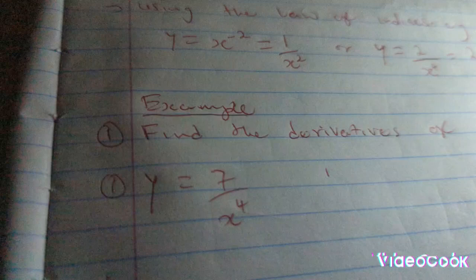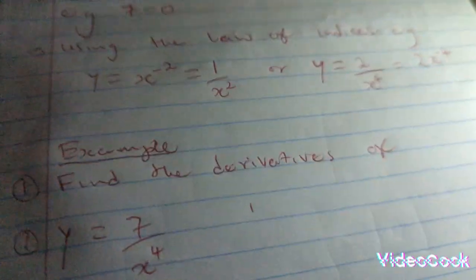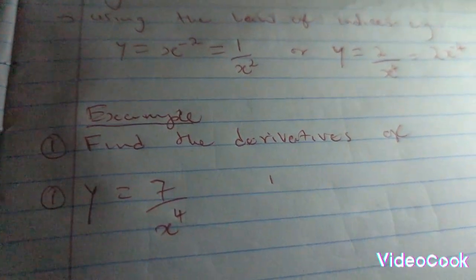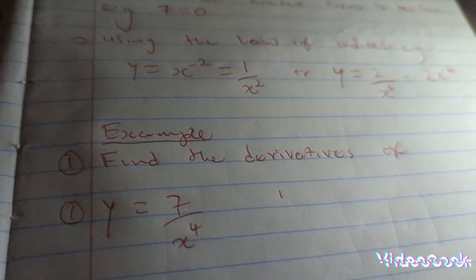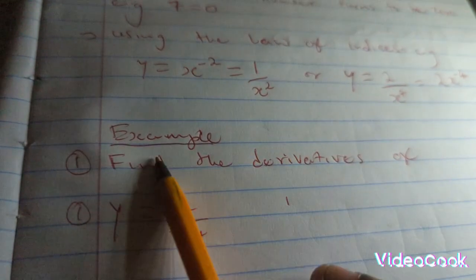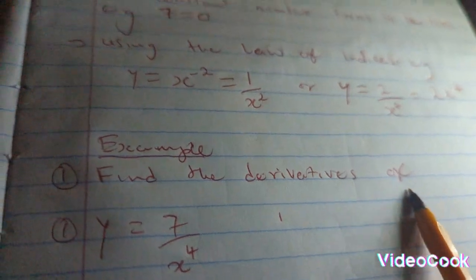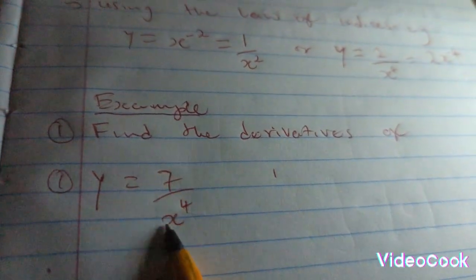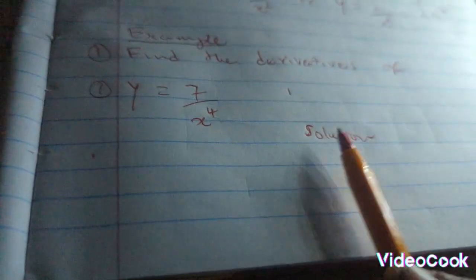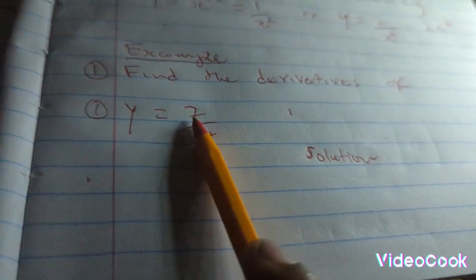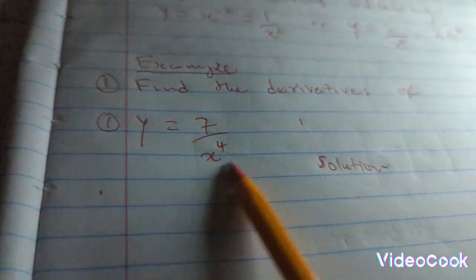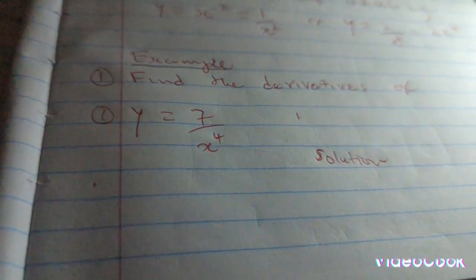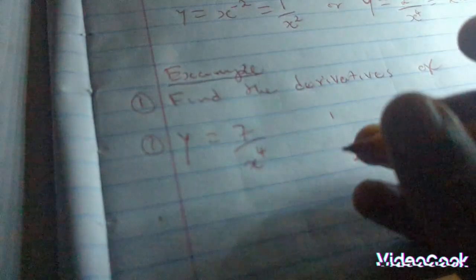We go to example. So example, it can be find the derivative, or they can tell you to find the dy dx or differentiate. So find the derivative of this equation. So we're going to start solving. So before we solve it, we have to change it because we're applying the law of indices. So it will change to